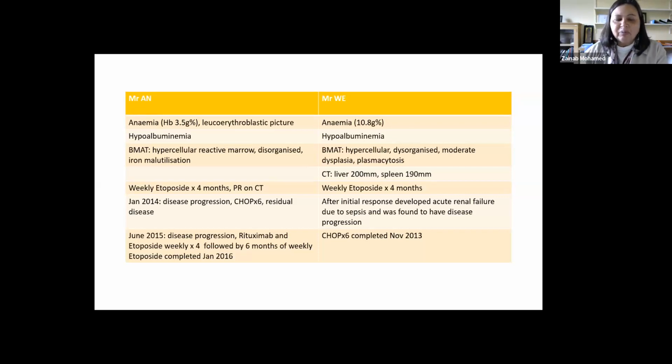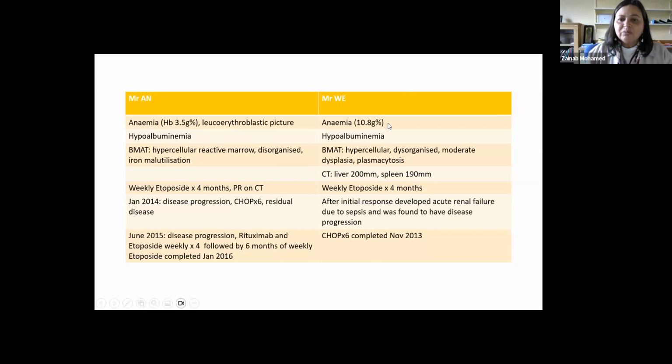for 4 months. For the first patient, he had a CT scan after about, I think, 2 months. When he had a partial response, we decided to continue. But then in January 2014, he actually progressed, and we gave him CHOP. And yes, I'm sorry, that is pretty much how we treat Castleman's disease here, because we didn't have access in the state sector. We didn't have access to rituximab freely, not even for our lymphoma patients. So we treated him with CHOP, but he progressed in 2015, and then we got special permission to use rituximab for him. He received rituximab and etoposide weekly ×4, followed by 6 months of just weekly etoposide, completed in January